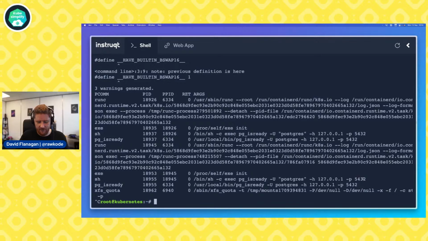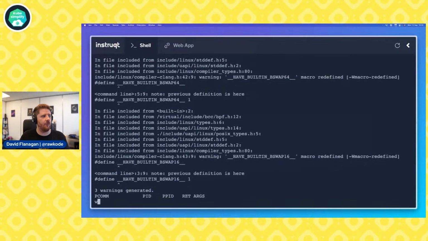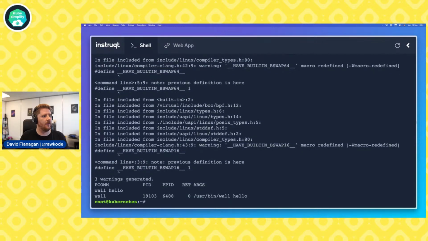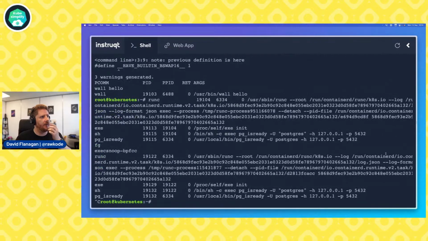And in fact, I could even run execsnoop, send it to the background, and then type wall hello, fg and quit. So that was fast, but I ran execsnoop, detached from it, ran a command, pulled it back, and then killed it. Now we can see that I ran...